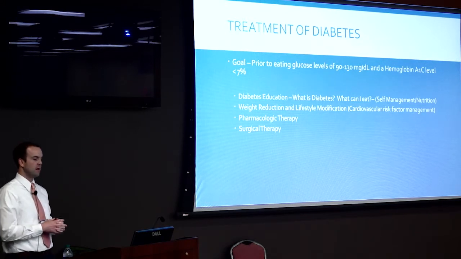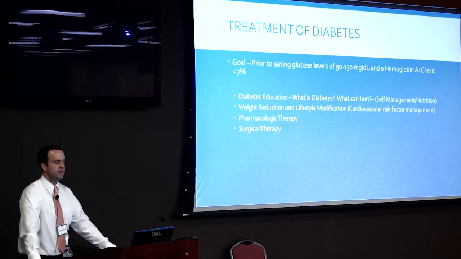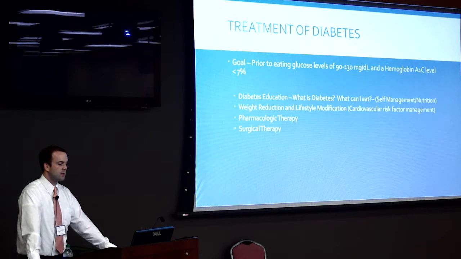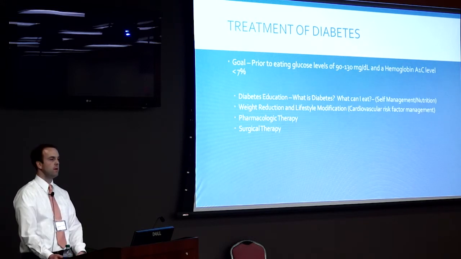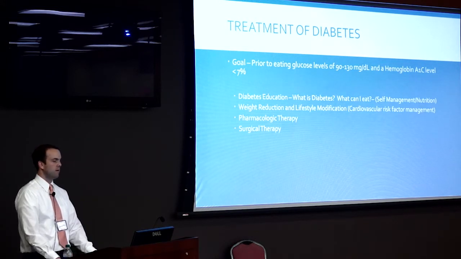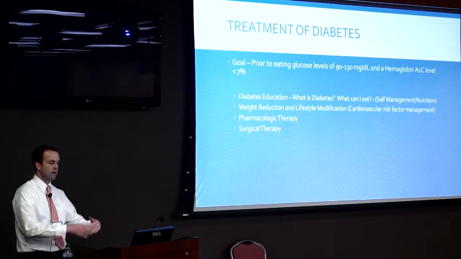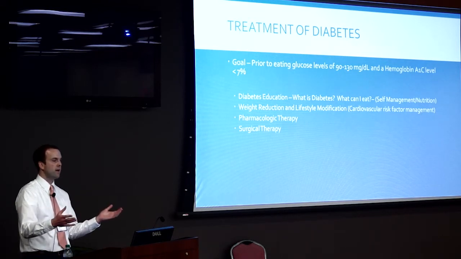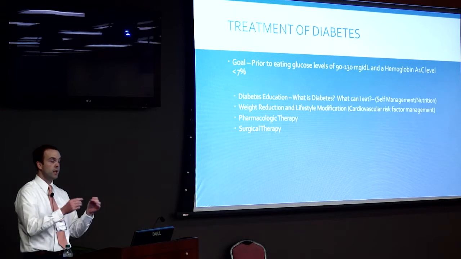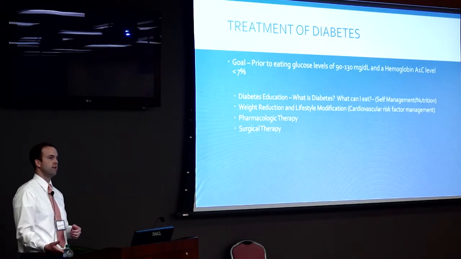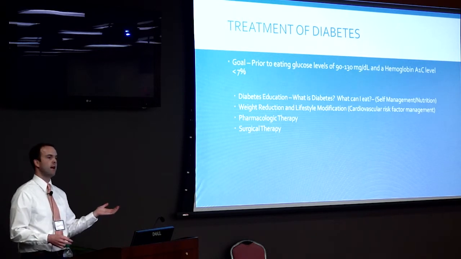Well, usually the first step is always diabetes education. Education, education, education, because a lot of people, first off, don't have a clue what diabetes is, have no clue what to eat. I mean, do you know that a can of Coke has 40 grams of sugar in it, 40 carbohydrates, which is 13% of your daily value of carbohydrates, and 140 calories?